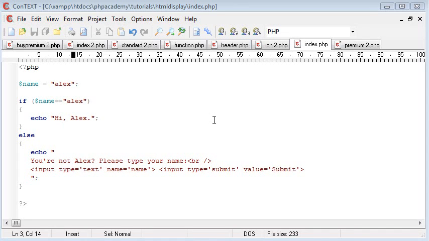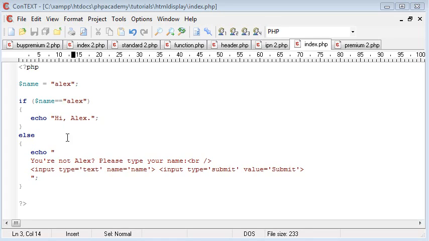Okay then, so here's a quick tip for displaying HTML inside your PHP files. When you're using, say, if statements or anything that uses a block, and you need to do this on a condition, or maybe not a condition, maybe you're just trying to output a lot of HTML inside something that's working